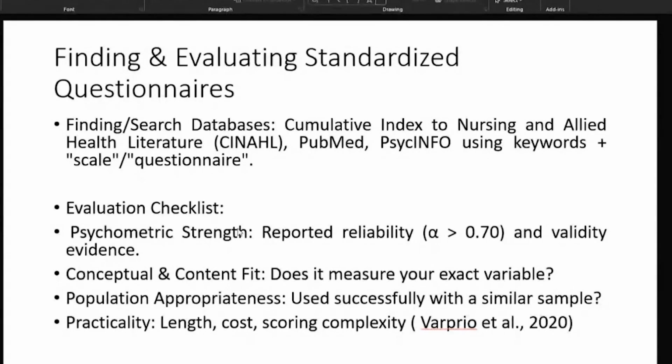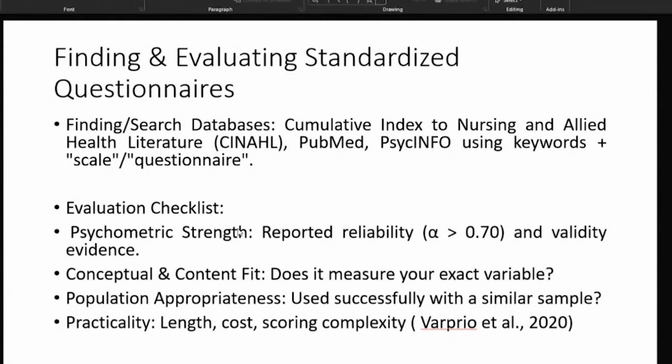When you go there, you use keywords like scale or questionnaire. Or you can even just go to the database and look at the kind of study you want to do. You may come across a questionnaire that has been used that is very related to your study. If you get such a questionnaire, you can download it,